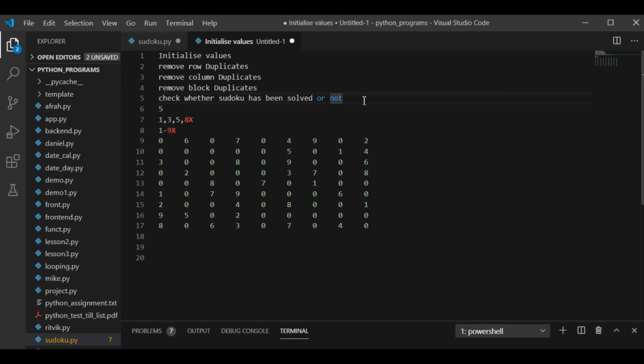So I need to remove all the column duplicates. Firstly, what I'm going to do is put all the values ranging from 1 till 9 in that blank space. Blank space, I'm telling you again and again, is represented with 0 value. Wherever my compiler finds a value 0, it is going to fill that cell with all the values ranging from 1 till 9. But that is not possible because each cell can have only one value.